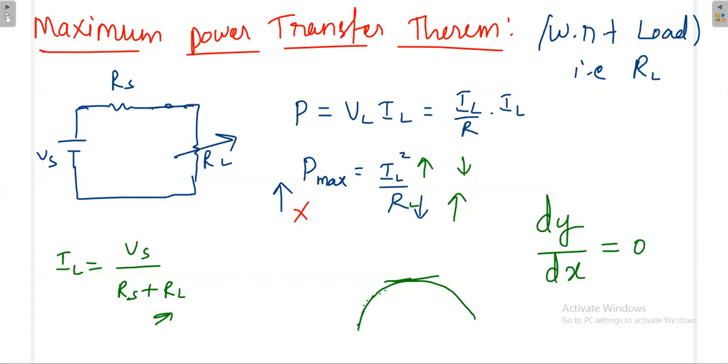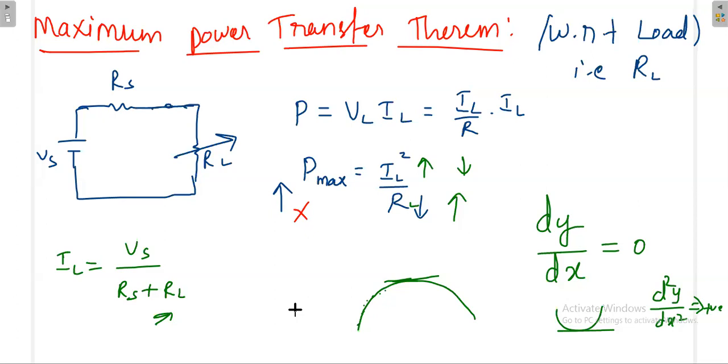Even if the function is like this, and you draw the line here, that slope is 0, then that is giving a minimum. Then to find out whether this is giving you the maxima or minima, we'll find another condition, d square y over dx square. If this is positive, then that is minima. If it is negative, then that is maxima. That is all mathematics. So now also we'll use that mathematics to find out the maximum power transfer theorem.